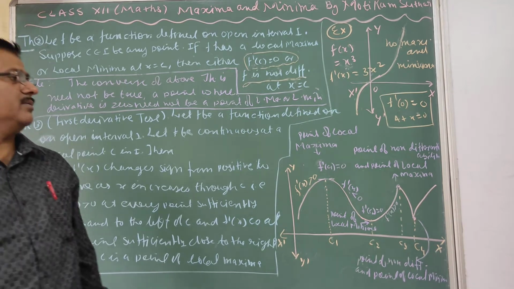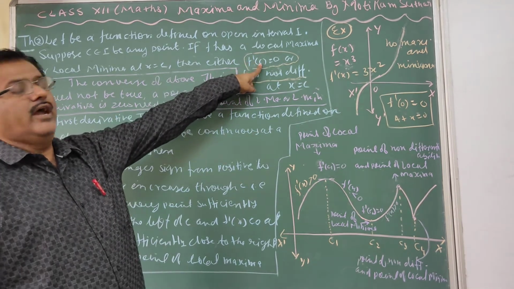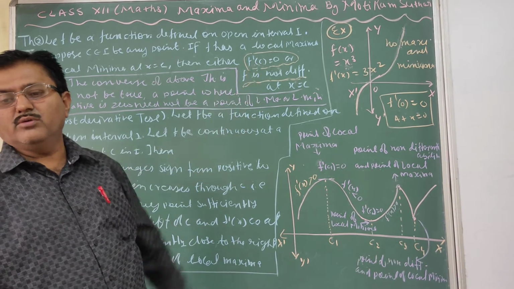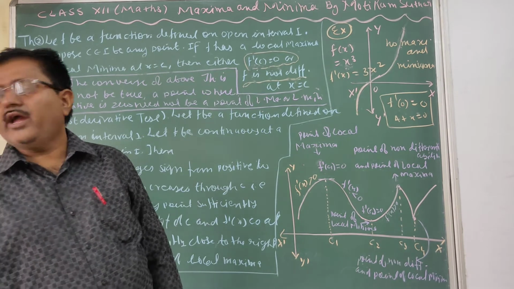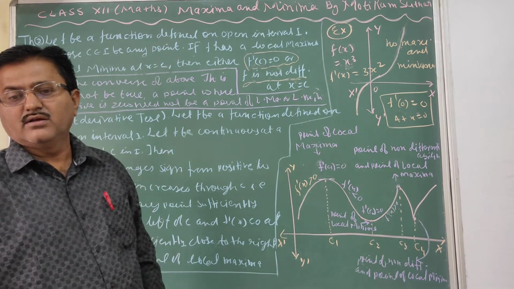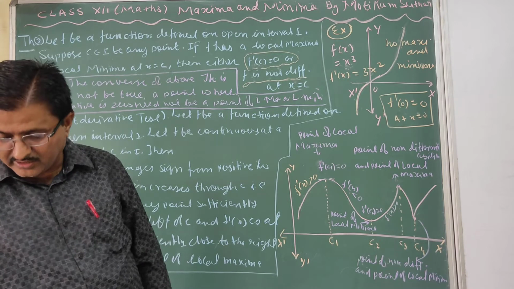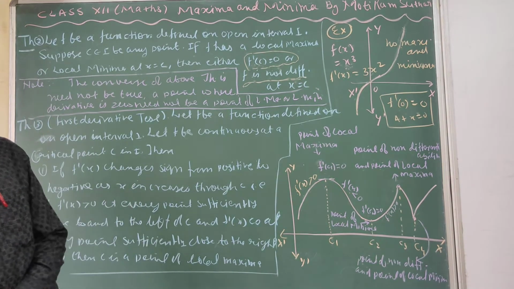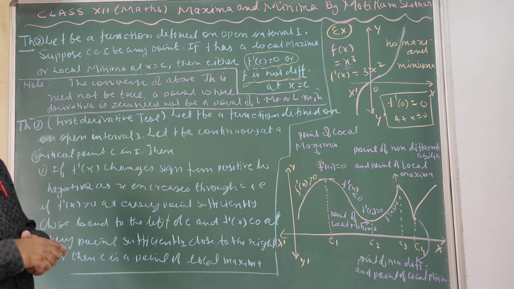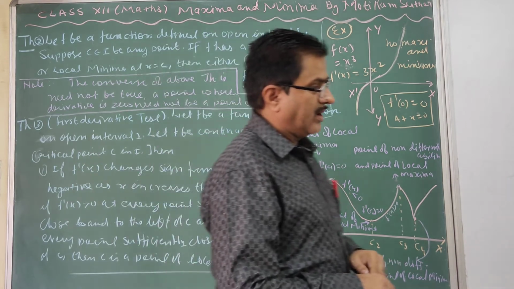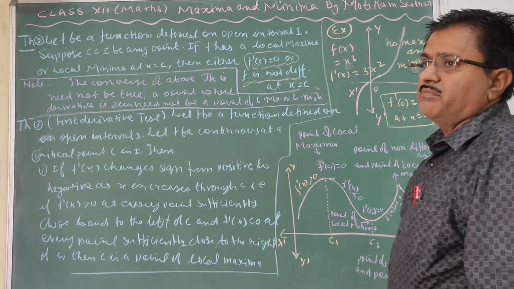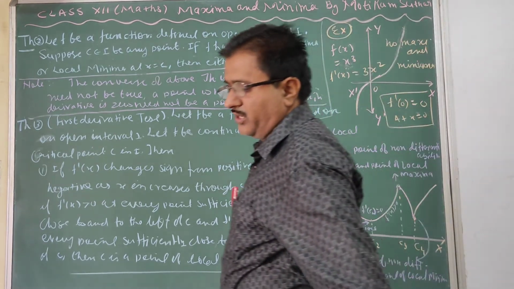What is the meaning of critical point? The point at which f dash is 0 or f is not differentiable. For the given function, the point at which the derivative is 0 or it is not differentiable is known as a critical point. Clear? So this is only the basic thing we have seen in the case of maxima and minima, and by general methods, with the help of a graph or the inspection method, we have found the maximum and minimum values. Clear?